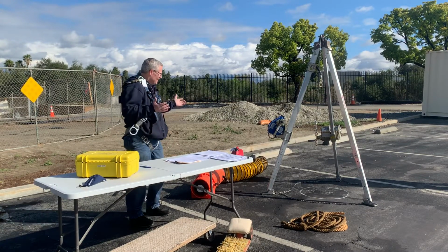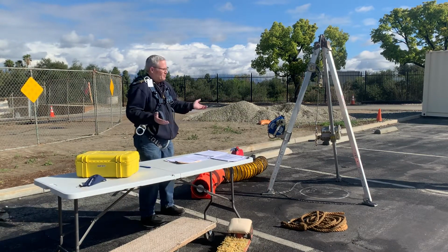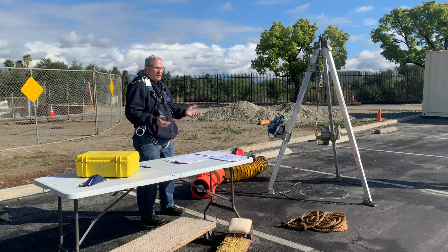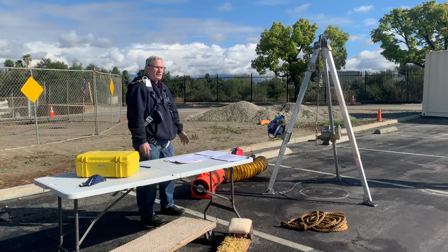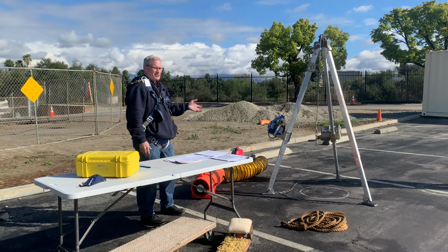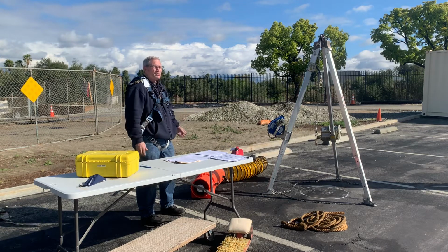All right, so I'm trying to put this together as fun as I possibly could. I wanted to tell you some of the things, some of the experience that I've had here with the districts. And I have the tripod set up because a lot of times that we use the gas detector,